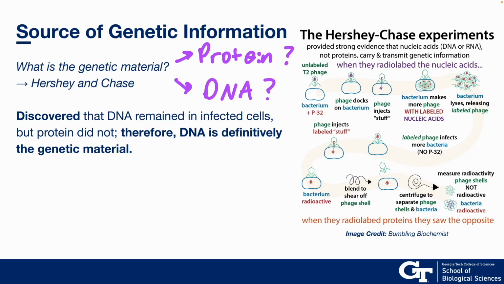Well, we radio-labeled proteins and we radio-labeled DNA. And what we did was we put this radioactive DNA inside a bacteriophage, right? And that bacteriophage injected whatever its genetic material was into a bacteria. So the genetic material was either DNA or protein, and we had them both radio-labeled so we could tell what was what. And once that phage left the bacteria, we centrifuged it down, and we said, hey, what's inside is radioactive DNA, which means that the phage injected its genetic material, and that DNA was the genetic